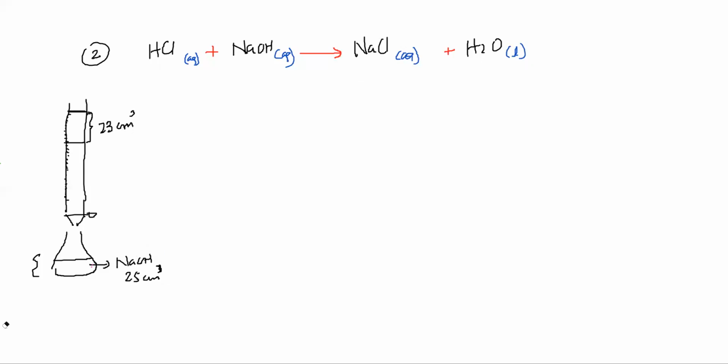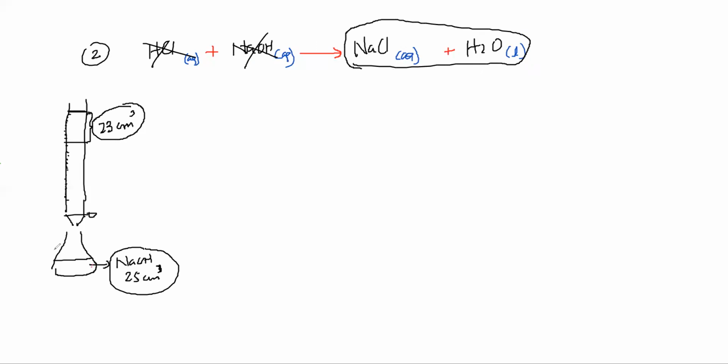Take 25 centimeter cube of NaOH in this conical flask, and add 23 centimeter cube of acid again, but this time don't add indicator, because you already know the value, that when I add 23 centimeter cube of HCl to 25 centimeter cube of NaOH, both of them get reacted. So this time I did not add the indicator, so I don't have HCl or NaOH left over, I have only sodium chloride and water.